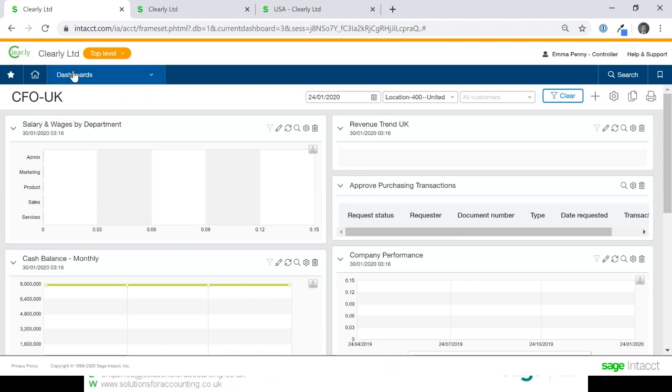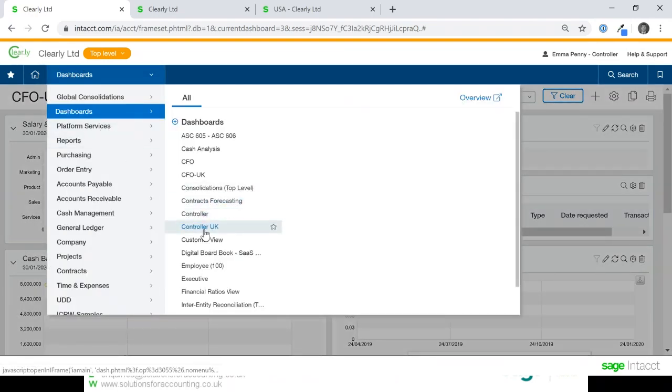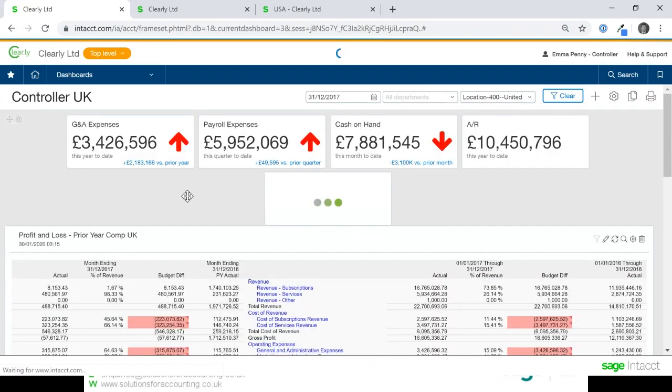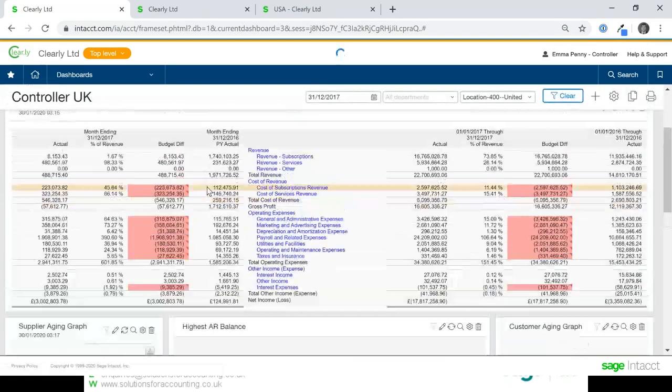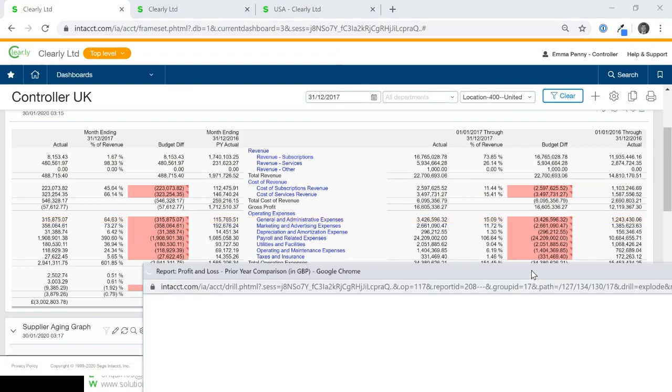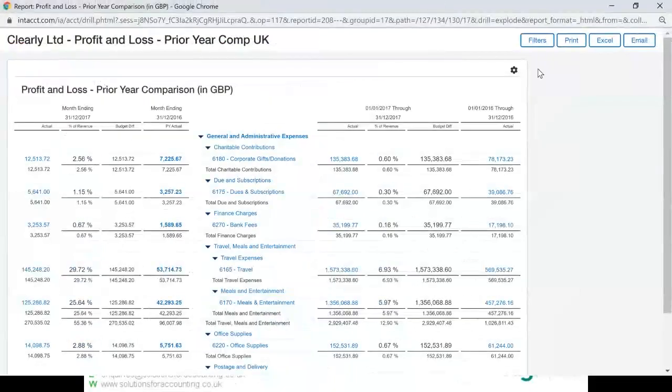I'm just going to pop back to the controller dashboard. And you'll be able to see here on a number of the reports, you've got some drillable functionality. So anything that's blue text is drillable. And for this, for example, we've opened up the P&L.